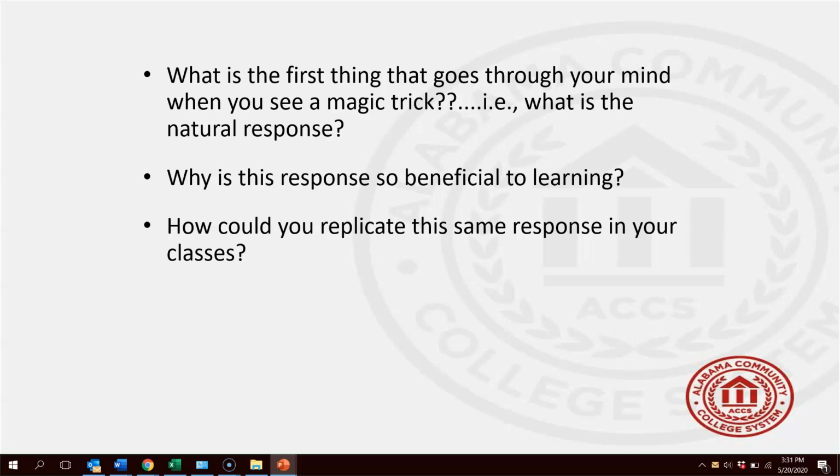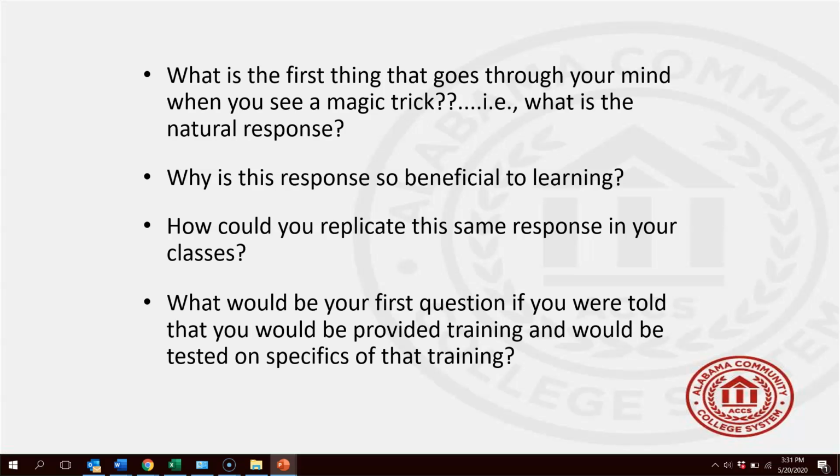You say, well, I can't do a magic trick every day. It doesn't need to be a magic trick. It could be a cool video. It could be a cool meme. It could be a quote. It could be anything that stimulates their curiosity. Could be just asking them a key question. We're in the time of a crisis right now, the COVID crisis. Maybe we could ask some questions about how that relates back to the Spanish flu of the early 1900s, or the bubonic plague, or the Black Plague, or something to stimulate relevancy.